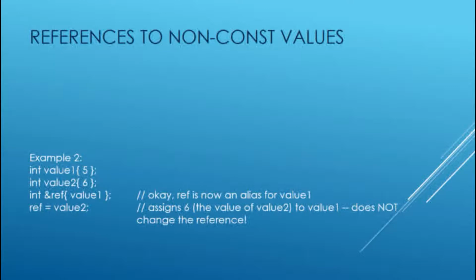Lastly, references can be used in function parameters and no copy of the argument is made into the parameters. This can lead to better performance if the argument is large or expensive to copy, because the reference parameter acts as an alias for the argument. A function that uses a reference parameter is able to modify the argument passed in.